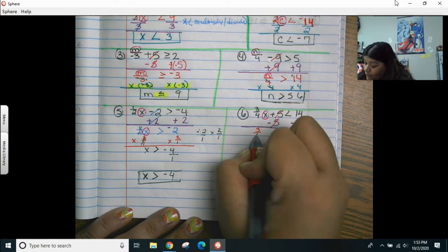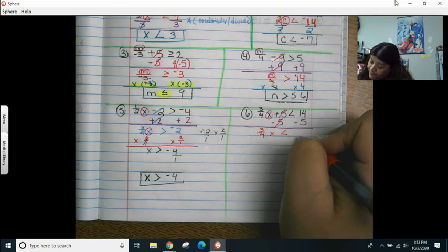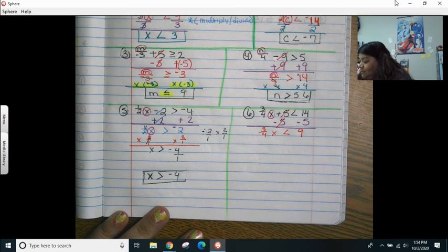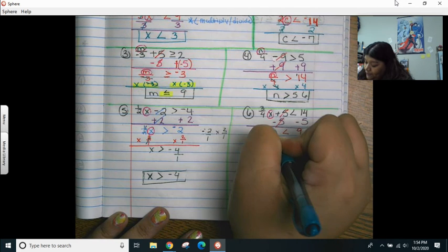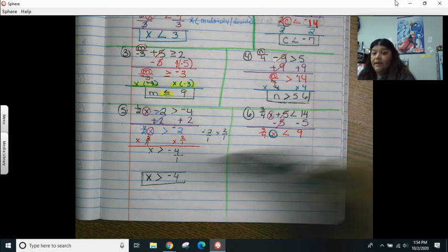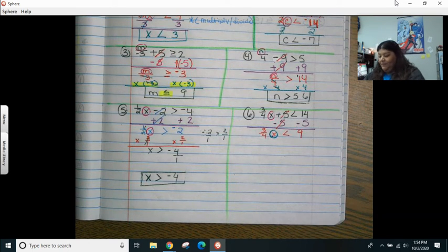And I'm going to have 3/4 x less than 14 minus 5 is 9. I always have to double check because sometimes my brain is faster than my mouth. Okay, so now we're going to isolate the variable again. And now, just like before, I am needing to get rid of that 3/4, okay? The operation is multiplying by 3/4, so we need to do the opposite. So the opposite of multiplying by 3/4 is dividing by 3/4. But if you remember the trick, dividing by 3/4 is the same as multiplying by the reciprocal, which is 4/3, okay? So I'm going to